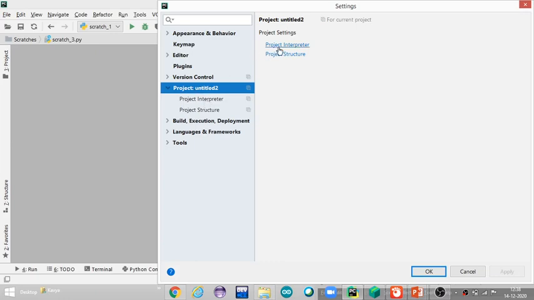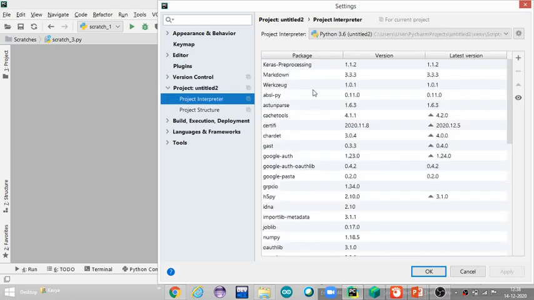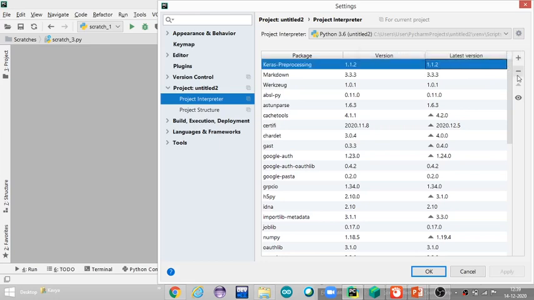Project Interpreter, and in that you can see lots of packages which are installed with the specified version, and most of the packages were installed with the updated version only. So if you want to install Tensorflow or any other packages into your system using Pycharm, go to this plus mark, so select that. So this will install the new packages. If you want to remove any packages, select the particular package and select this minus symbol, so that the particular package